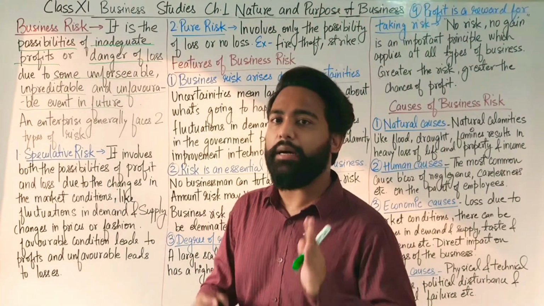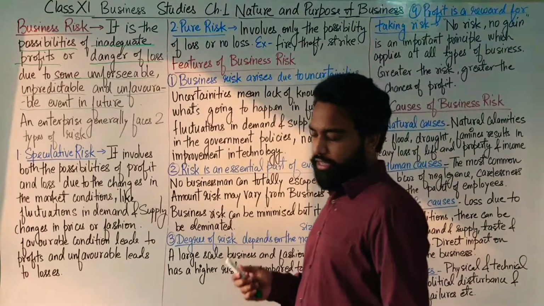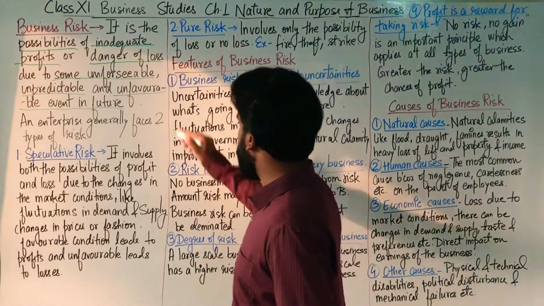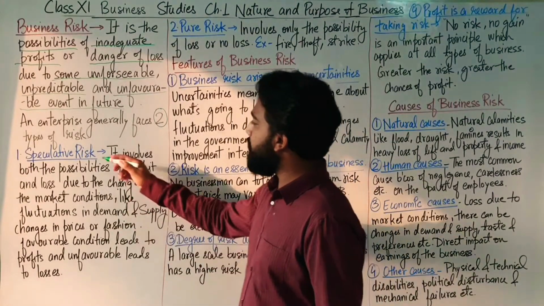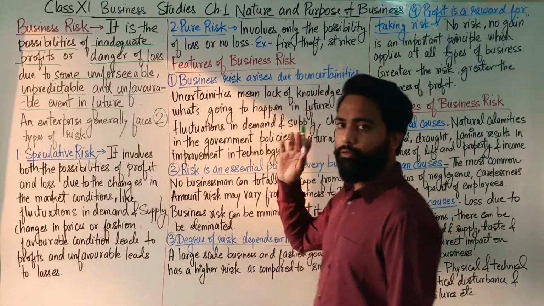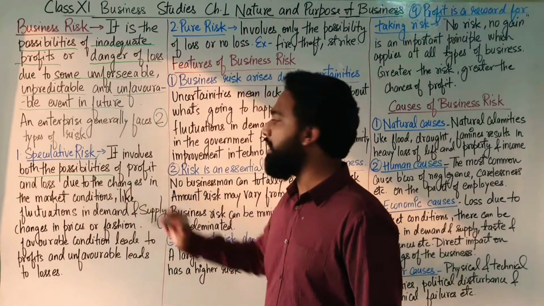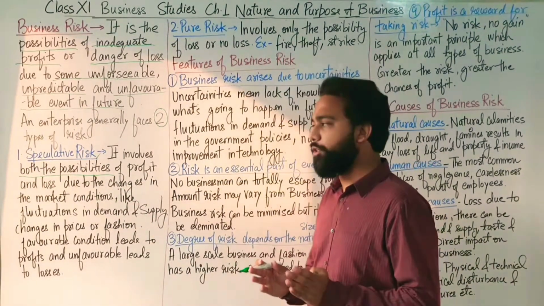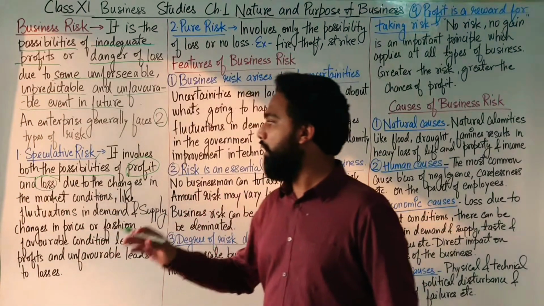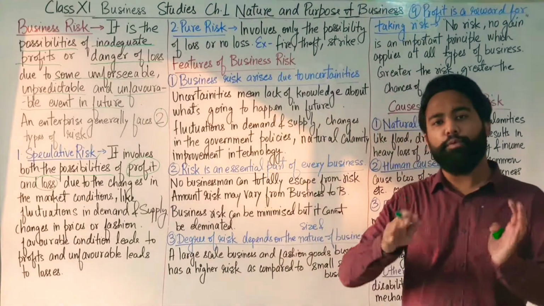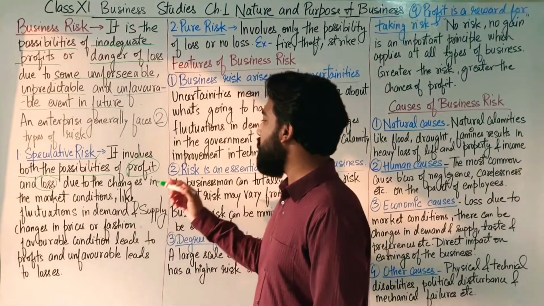Students, basically a business firm or an enterprise generally faces two types of risk. Basically there are only two types of risk. The first one is speculative risk. What is speculative risk? It involves both the possibilities of profit and losses. Here, there are possibilities of both the things, either profit or losses, due to the changes